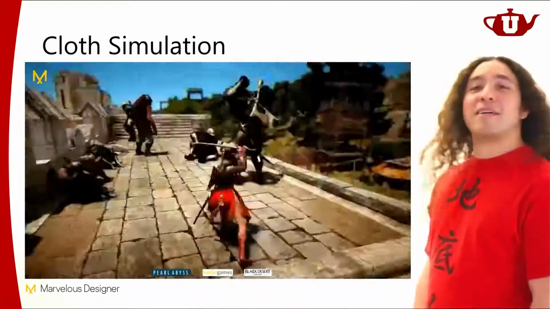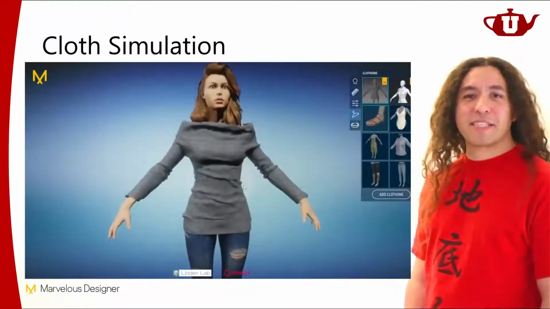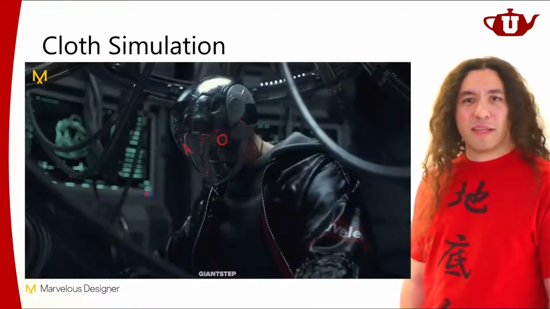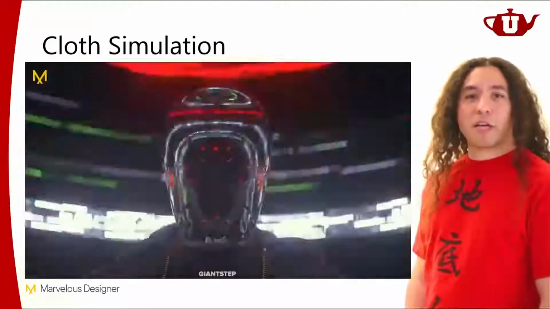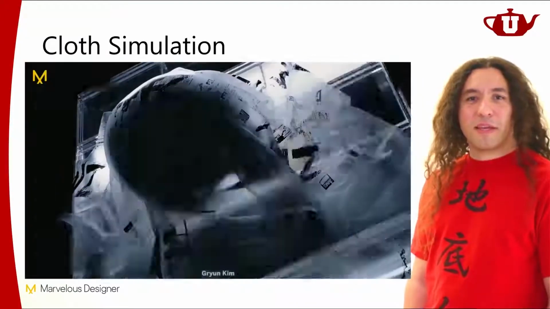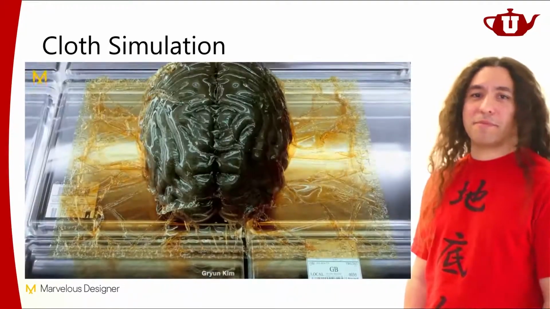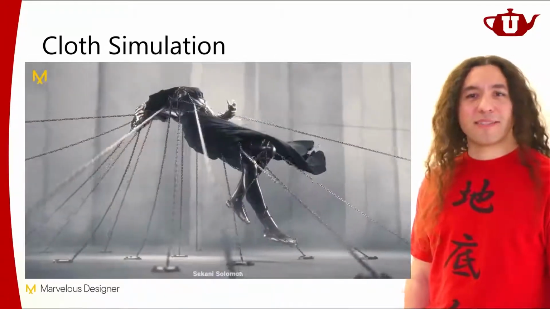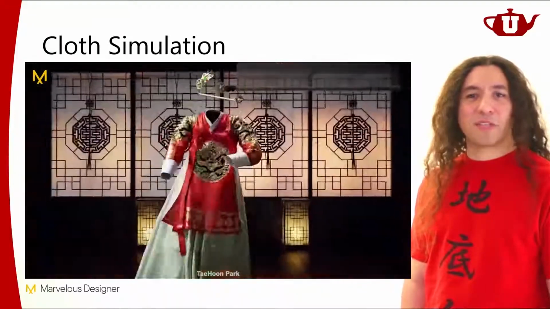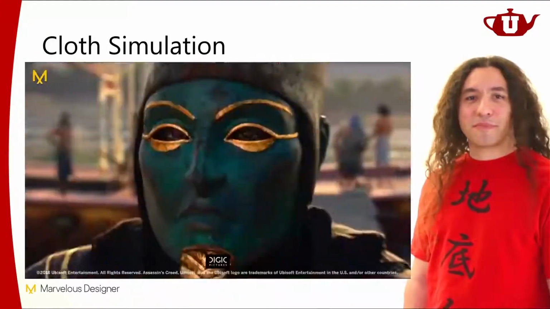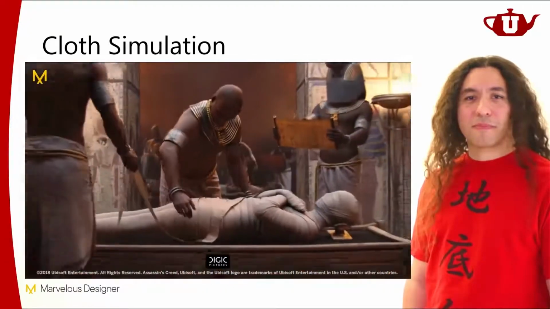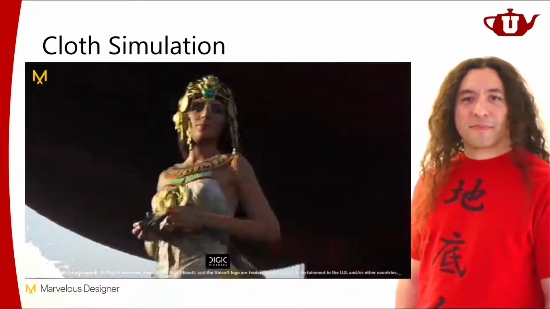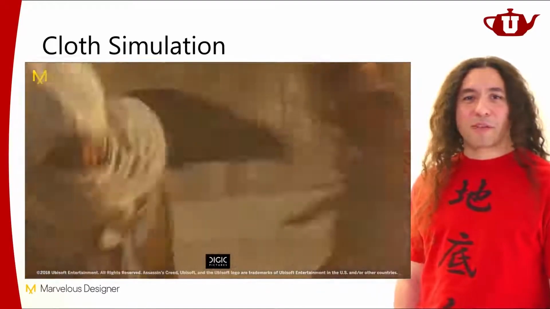So these are different simulation examples generated with this particular tool. It's Marvelous Designer. It's a very popular production tool. Of course, we can generate static scenes like this, or dynamic scenes. You sort of simulate a few frames until cloth rests at a position to get these shapes. Very nice examples of cloth simulation.